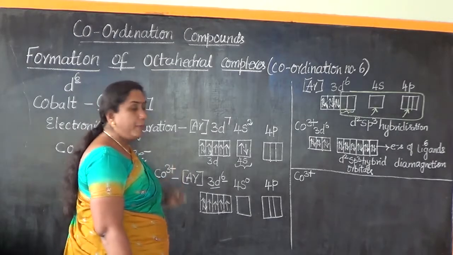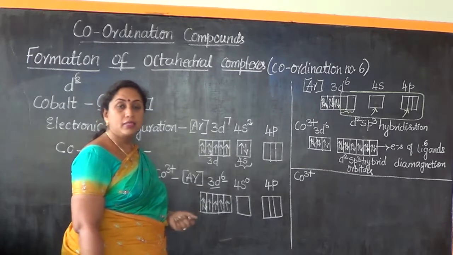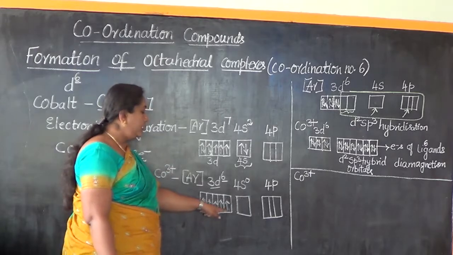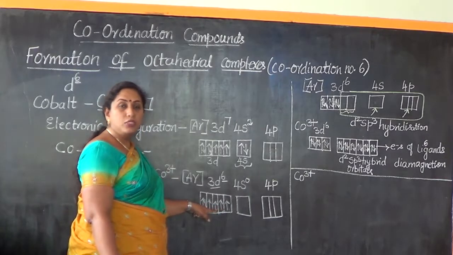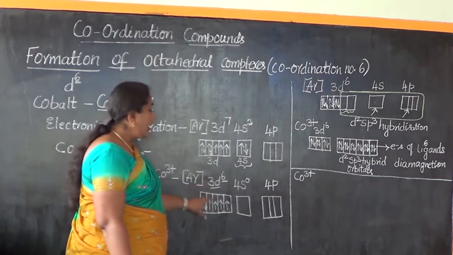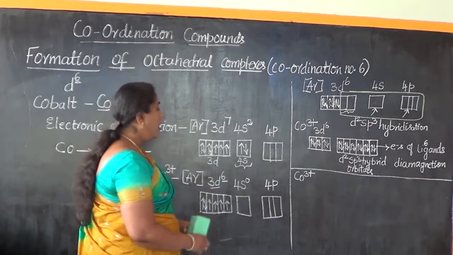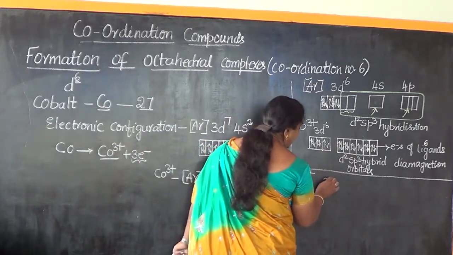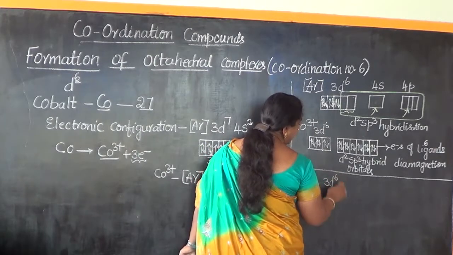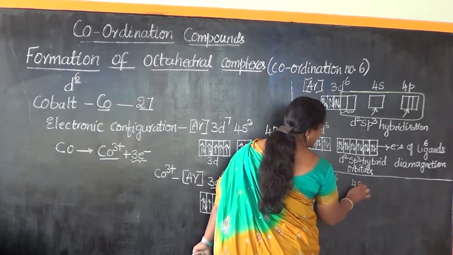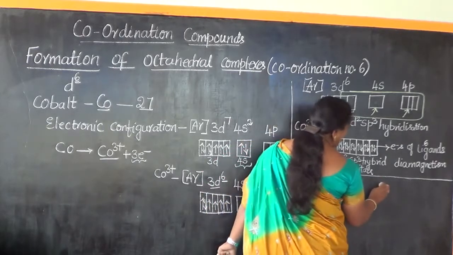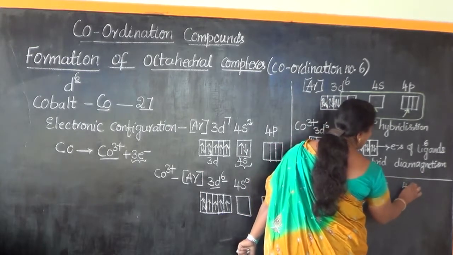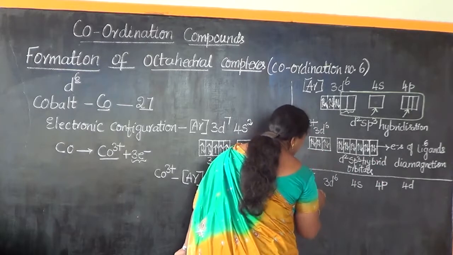Now, if the approach is done by weak ligands like the halide ligands, the d electrons which would be forced to pair up will remain as they are. Now we observe the participation of 4d orbitals also taking place. So 3d6 electrons remain as they are, no change. Now there is participation of 4s empty orbitals, 4p empty orbitals and 4d orbitals which are also empty.